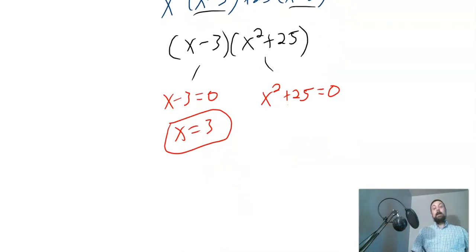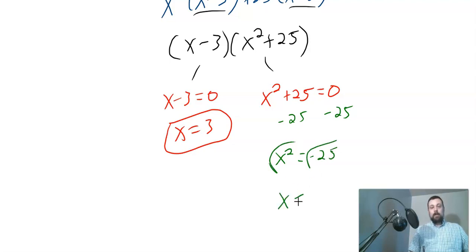So earlier when I said you can find the rest of your factors if it's quadratic, well, you might not even be able to factor it. Like in this case, there are no more factors to find because it can't be factored. But we can still get our zeros or our roots out of this factor because it's quadratic. We can either use the quadratic formula, or in this case, we can just solve it for x, right? Subtract 25 from both sides, you get x squared equals negative 25. Take the square root of both sides, you get x equals plus or minus 5i, which again, you would never find by the synthetic division process